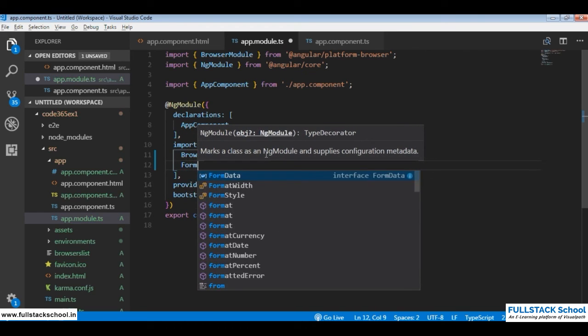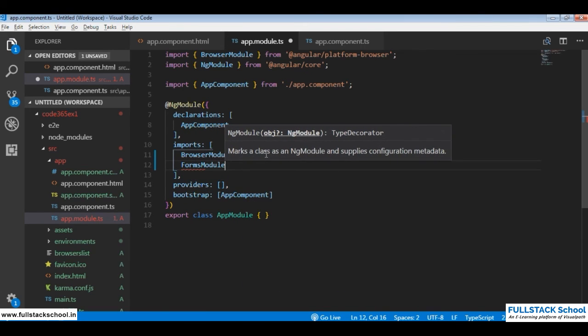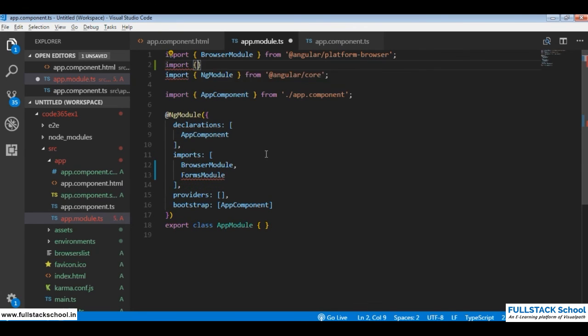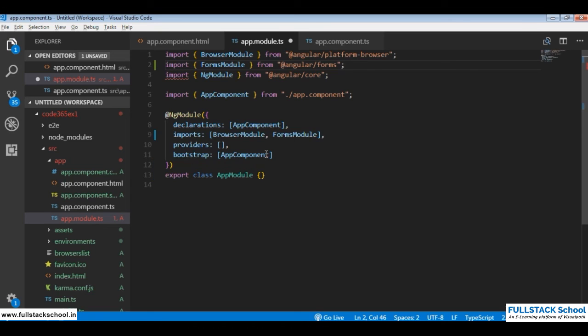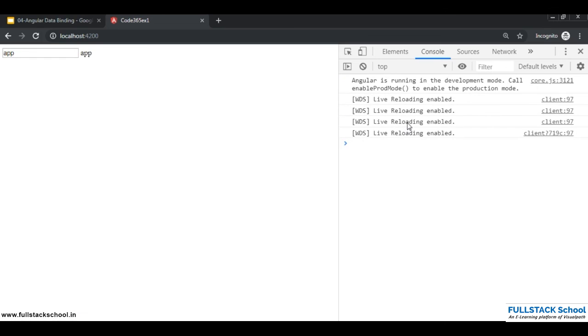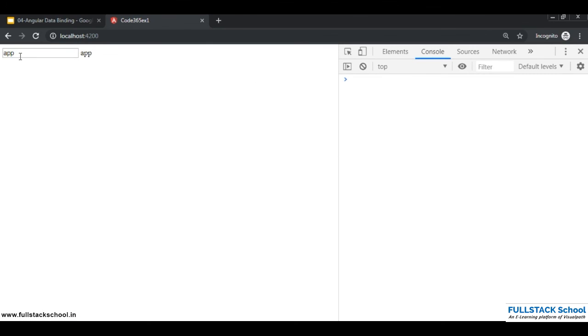It comes from FormsModule, and I need to import FormsModule from @angular/forms. Now save it. And see, there is no problem.